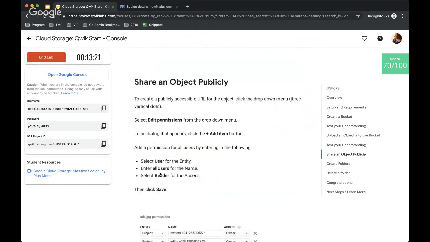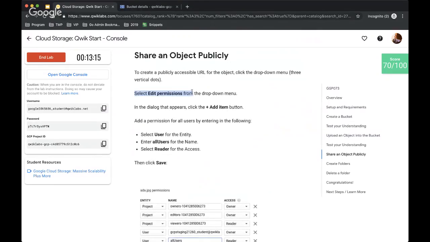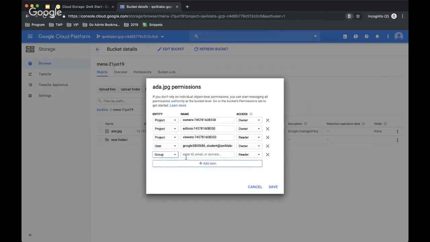Next step will be share an object publicly. How can we share an object publicly? We have to click on edit permissions from the drop-down menu, and then add an item. Select which category of users will have access to this file, and give the specific permissions. So let's give this ada.jpg edit permissions, and then add item. Select the group user. Let's call it all users, and then give it reader access. Save,